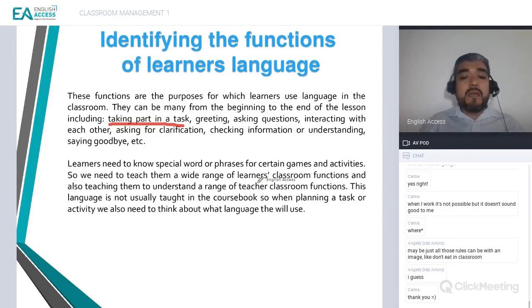We need to teach them a wide range of learners' classroom functions and also teach them to understand a range of teacher classroom functions, as I was telling you at the beginning. Sometimes when you start your classes at the beginning of the year, it is important that you provide them with chunks, with phrases that they can use to communicate with you and with others. This language is not usually taught in the course book, so when planning a task or activity, we also need to think about the language we will use. For example,